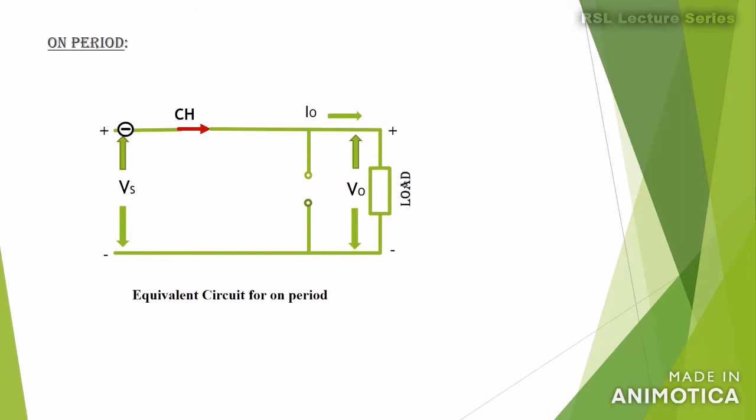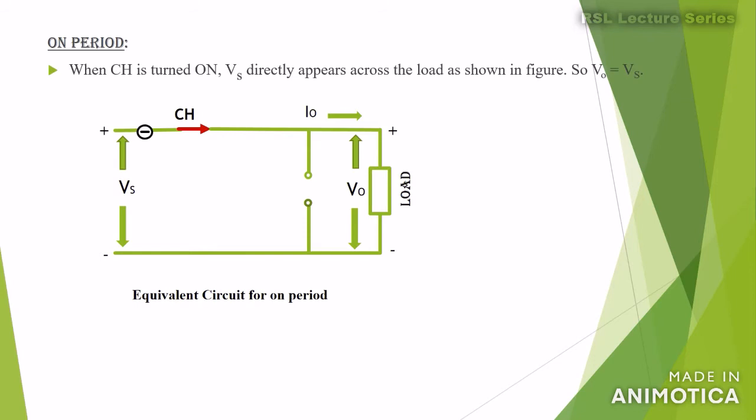Now we'll discuss the on period of the chopper. Now the chopper is turned on. Once the chopper is turned on, the diode will be in the off condition. The chopper and the diode will always be in complementary switching states. When the chopper is turned on, the current will start flowing through the circuit as shown in the figure. The current will flow from plus through the chopper, through the load, and complete its path through Vs minus. Now the input supply voltage will appear across the load during the on time of the chopper, and so V0 is equal to Vs.